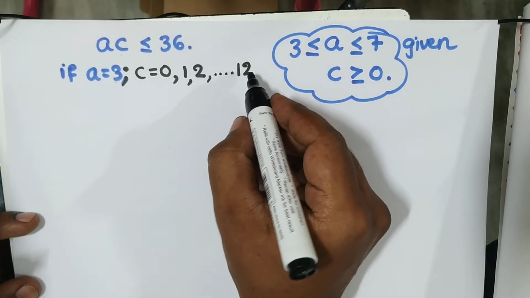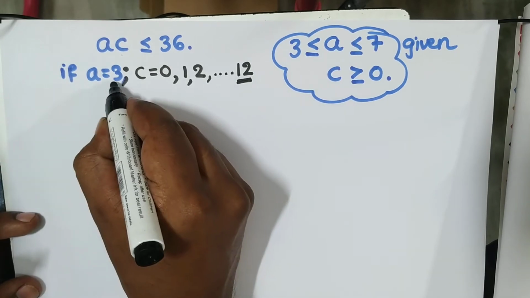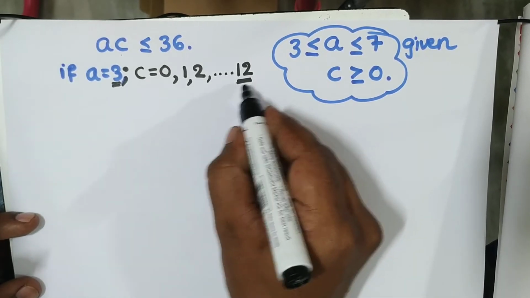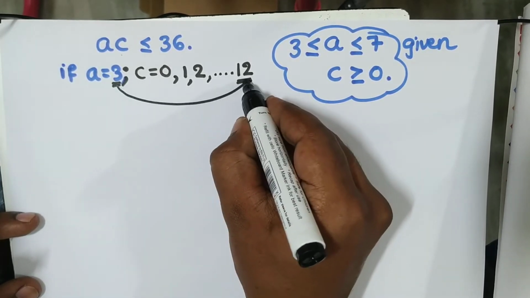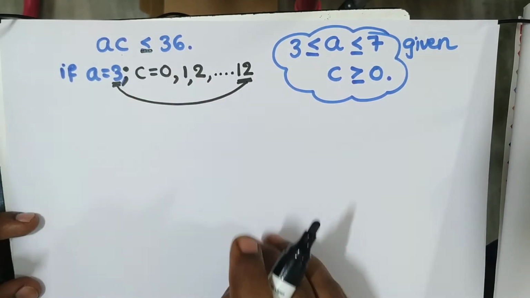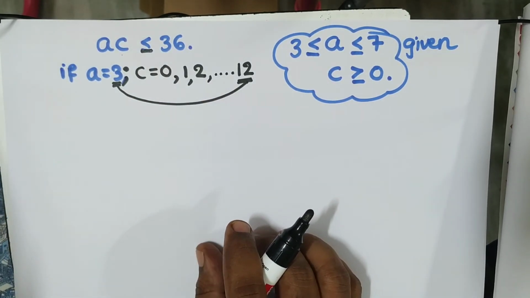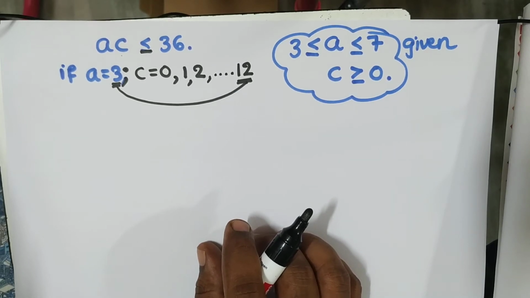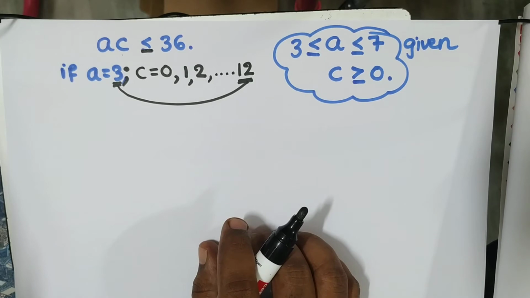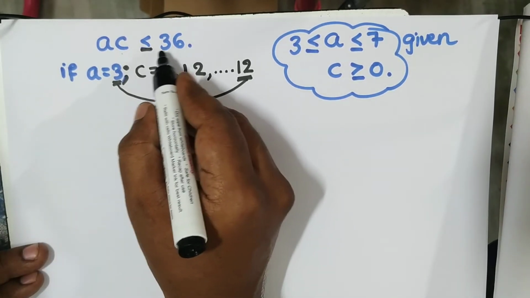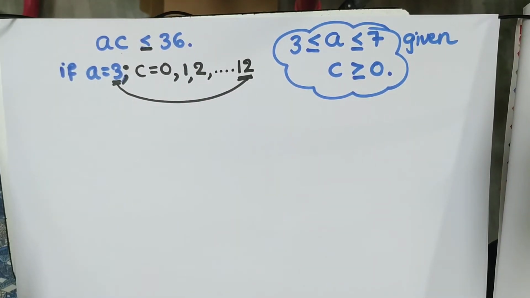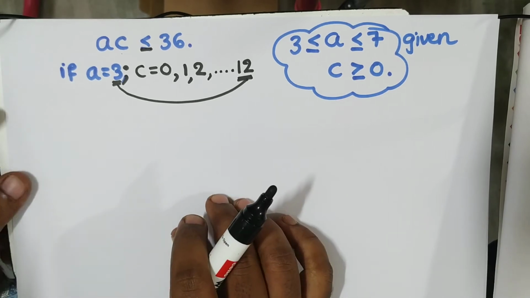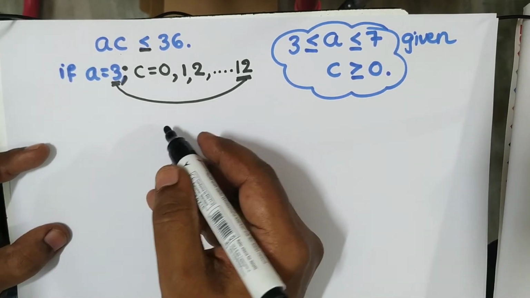Now when C equal to 12, A, 3 multiplied by 12, so 3 multiplied by 12 is equal to 36. Okay. Now we cannot go to C equal to 13. We cannot go for it because 13 3s are how much here? 39. So 39 is beyond this condition satisfaction. So therefore we don't go for that C equal to 13. All right. Now other case is what?